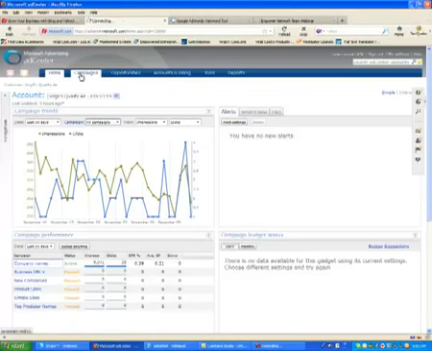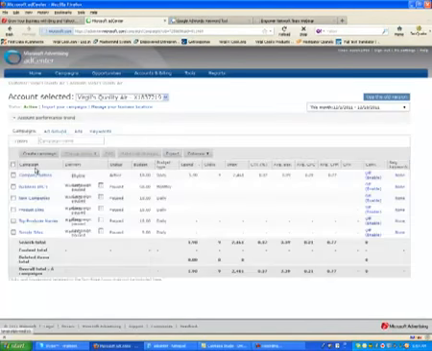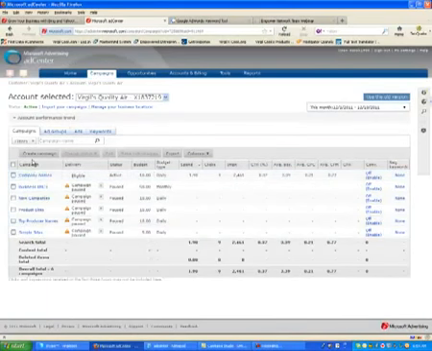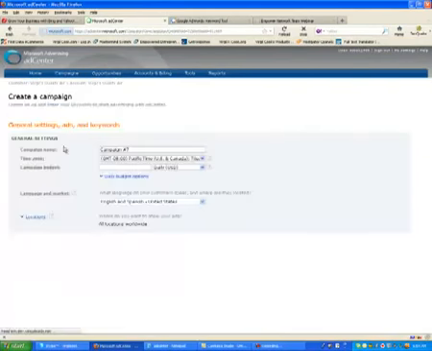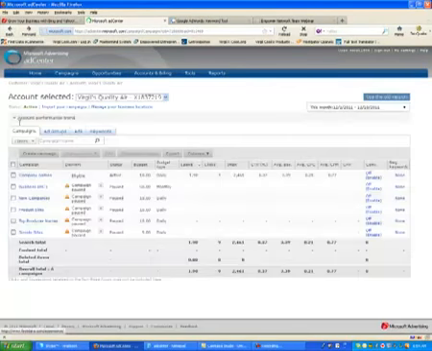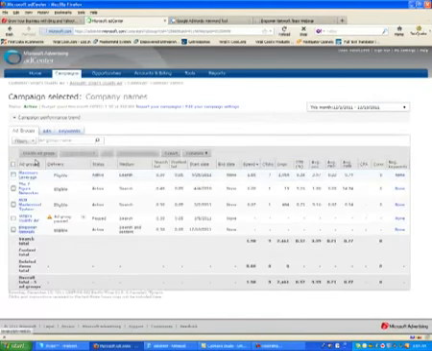It's pretty simple. So I'm going to click on campaigns, and I've already got campaigns set up, so I'm not going to create a new campaign. But for you, you would click on create campaign, and that would take you to this page here where you'd put the campaign name and create your ad and everything on the same page. I'm not going to create a new campaign because I've already got campaigns going. So I'm going to click on company names here, which is where I'm going to put my ad, and then